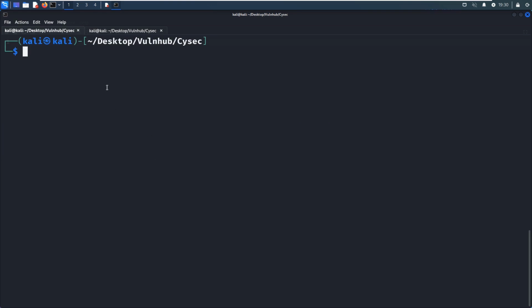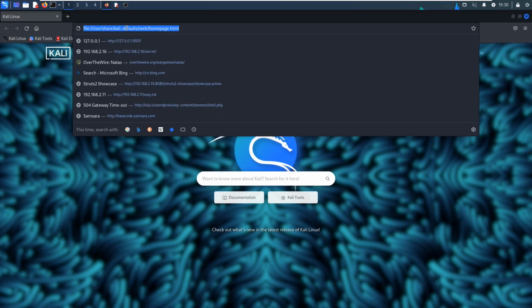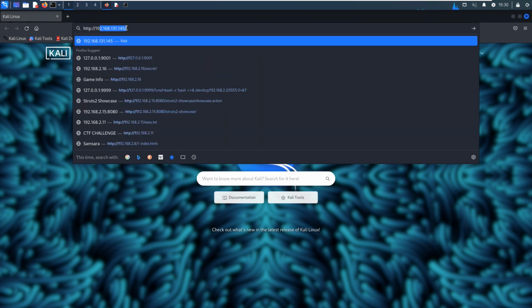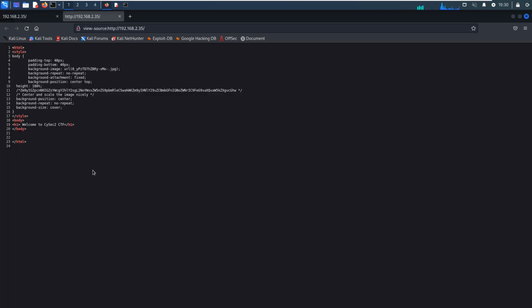We need to enumerate the web application, both manually and automatically. Let's fire up the browser to perform manual enumeration first. Press enter. We got this site back. Let's check its source code. Here, I think we find a comment. I think this should be CSS, but anyway, we can copy it